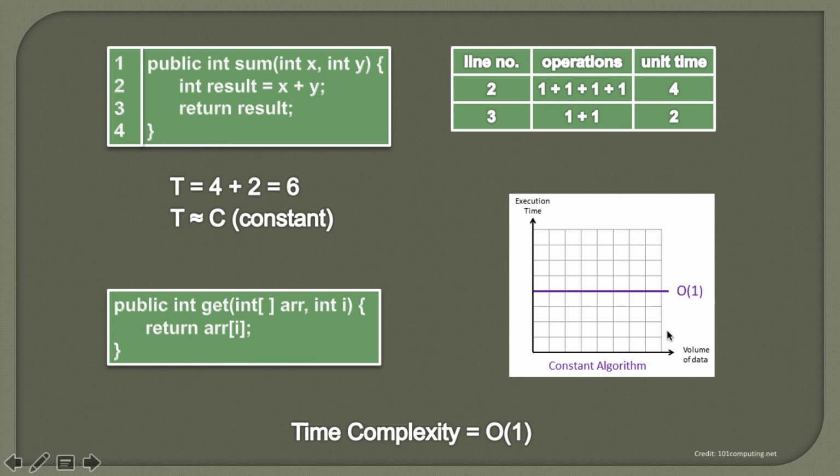And if we see the graph of this constant algorithm, the x-axis denotes the volume of data, which you can think of as the number of elements in this array, and the y-axis denotes the execution time, which is the time taken. We already discussed that irrespective of the number of elements or the volume of data inside this array, the time taken will always be constant. So we simply denote it as a constant algorithm, which takes a constant amount of time, even if the volume of data increases. So friends, in this video we discussed how we can calculate the big O notation of a constant algorithm.